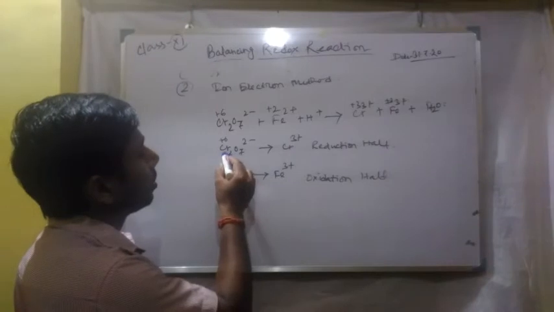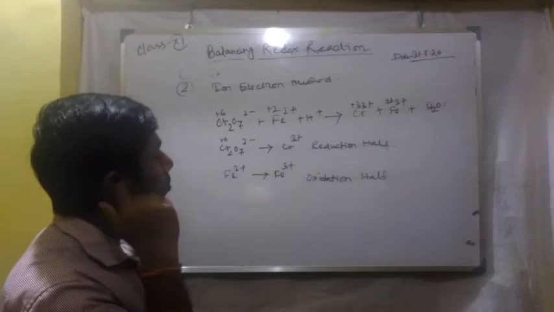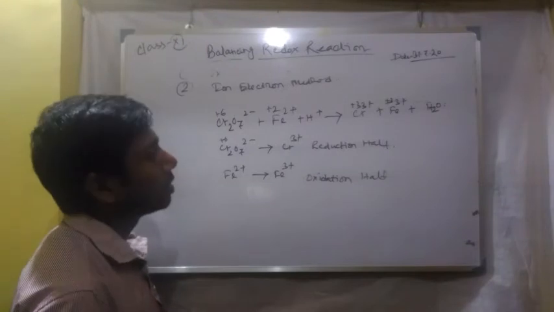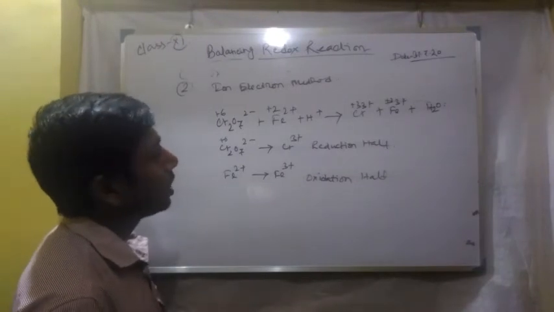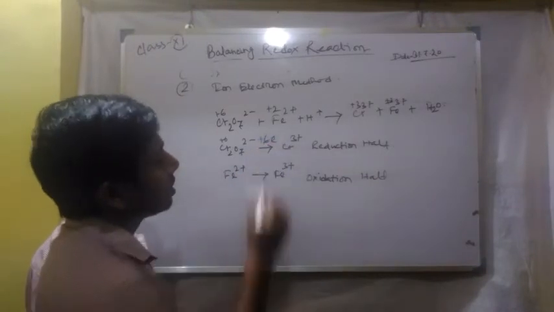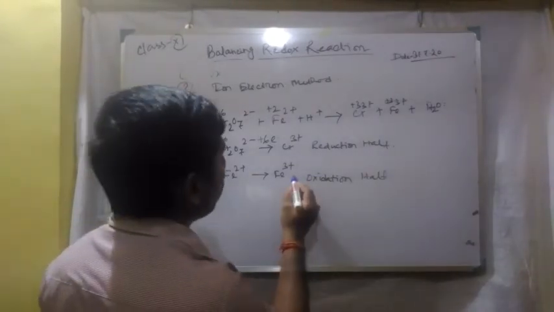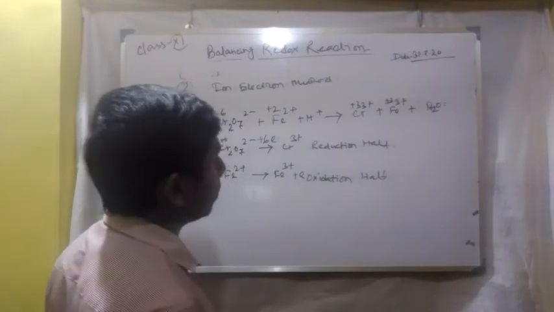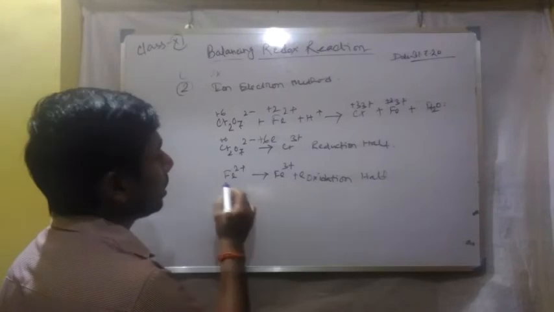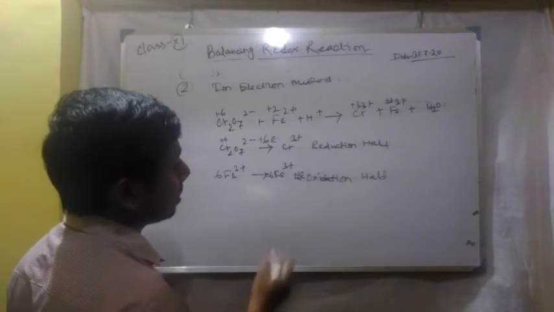Okay, now here for every chromium there is a decrease in the oxidation state equal to 3 units. Now there are 2 chromium atoms, that means how much total charge? That is 6 units. So here reduction occurs. Reduction means taking up of electron, that is 6e. Here the electron will be released, so we can write it this way. Now to balance the number of electrons, we have to multiply it by 6: 6 Fe2 plus going to 6 Fe3 plus plus 6e.